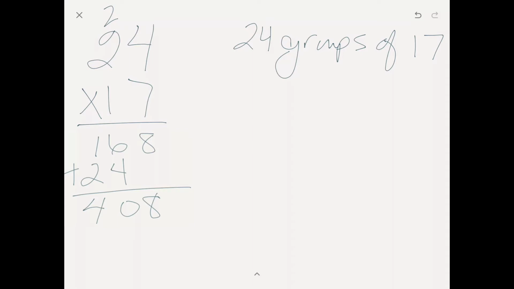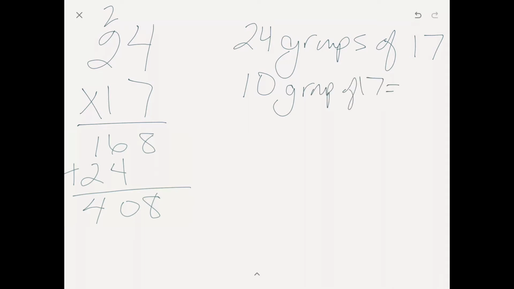And so some kids, when we're starting with young kids, and let's just say it was 4 groups of 17, a lot of times they would start out with just repeated addition. I could do 17 plus 17 plus 17 plus 17. That becomes really inefficient as we start moving into big amounts like 24 groups of 17. But kids might know something like 10 groups